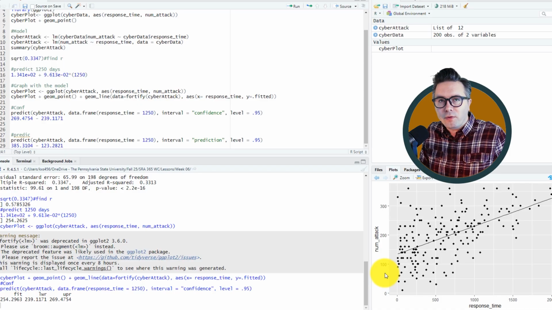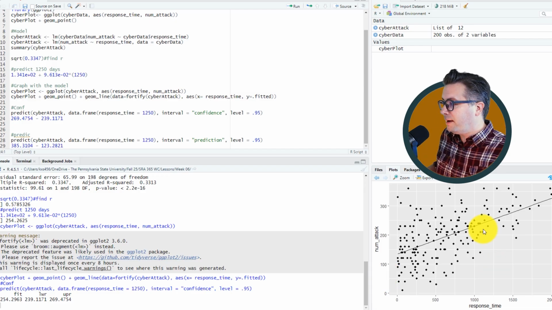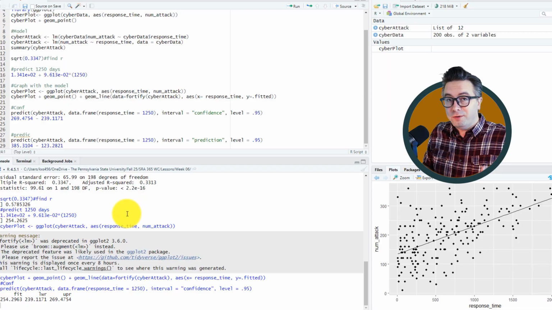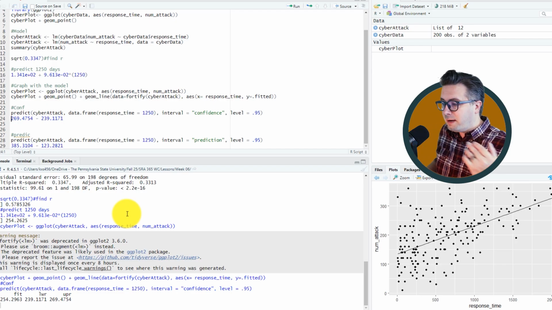The whole thing is we're trying to guess what the model is for the population based upon our sample. And the 95% confidence interval is saying that if we do this infinitely many times, 95% of the times, the actual model will be in that range, right? So